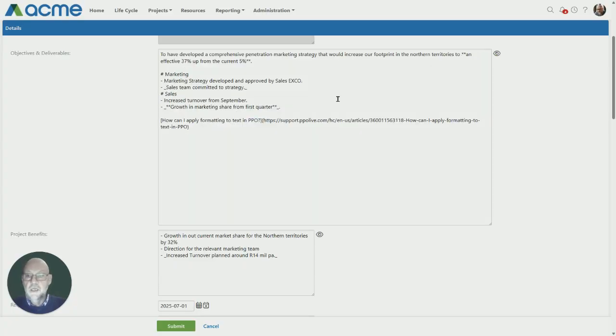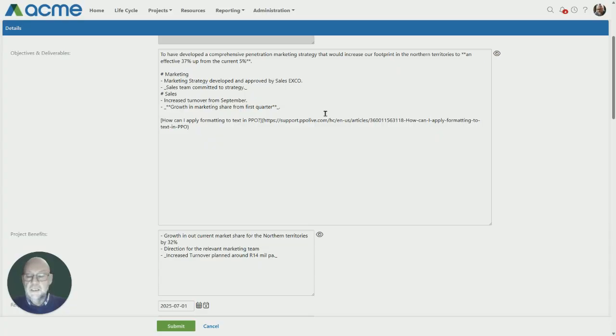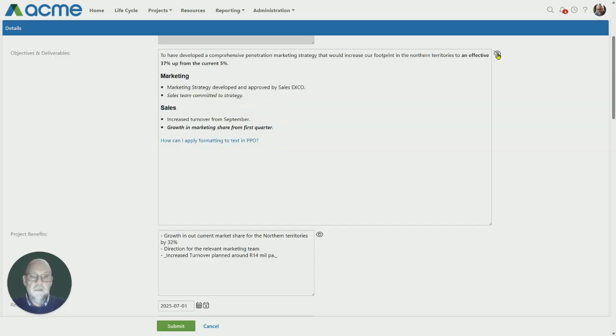The next option is to use italics, and in this case, at the start of the text and at the end of the text, I apply an underscore, and by applying the underscore, the result is italic text. In the next example, I've taken bold and italic, so I've added the underscore and the 2 asterisks at the start of the text, and at the end of the text, I close off with those again. And by doing that, I have achieved bold and italic text.